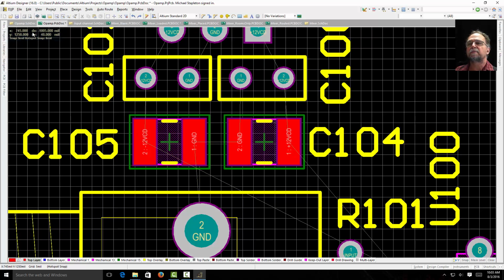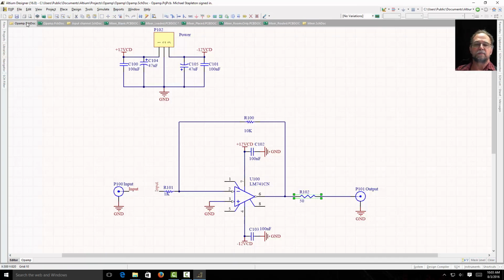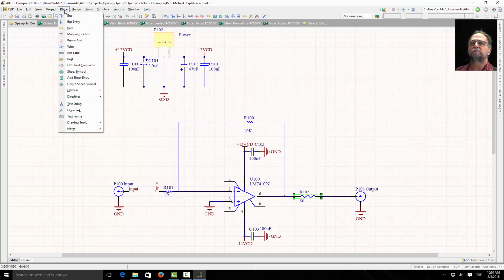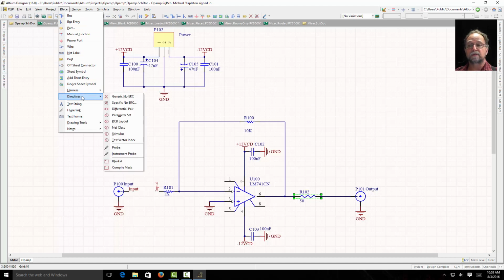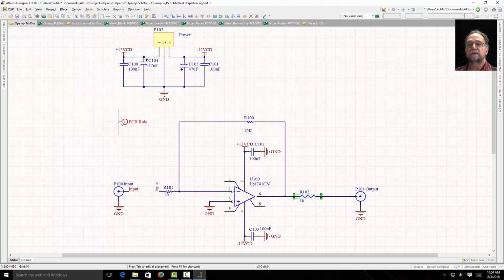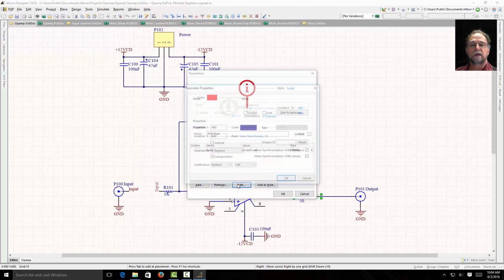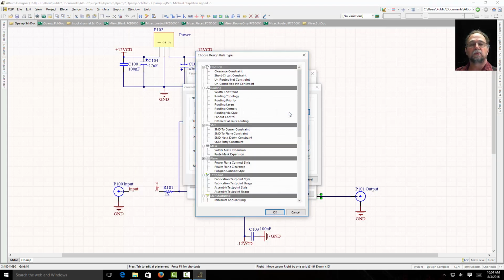So I'm going to show you how to make a couple more changes. I'm going to go back to my schematic, and I'm going to make a change that says if it's a ground net, I want that net to be 30 mils. So let's go up to place, and under place there's one that says directives, because I want to place a directive in here that's going to direct it to do something, and it says PCB layout. Now I have this little part that I can place. I'm going to hit the tab key before I place it so I can change the rule. I'm going to edit the rules, edit the rule values,